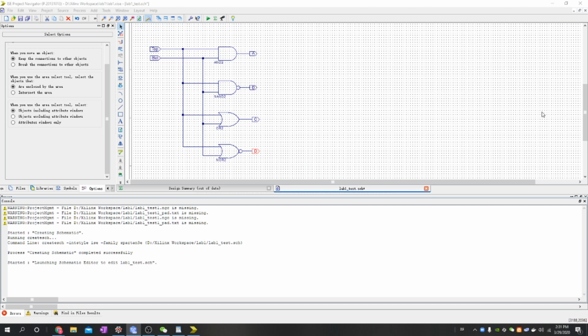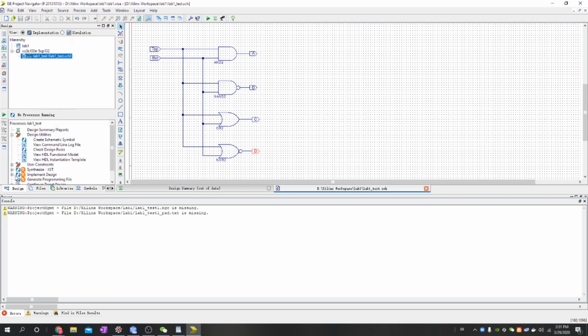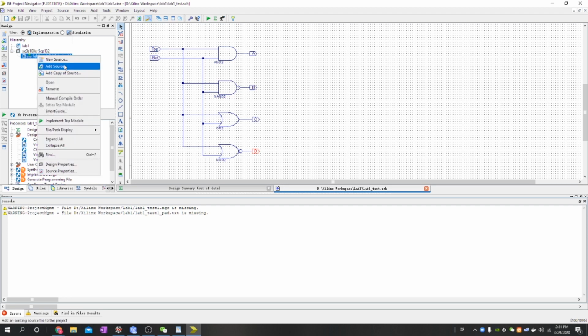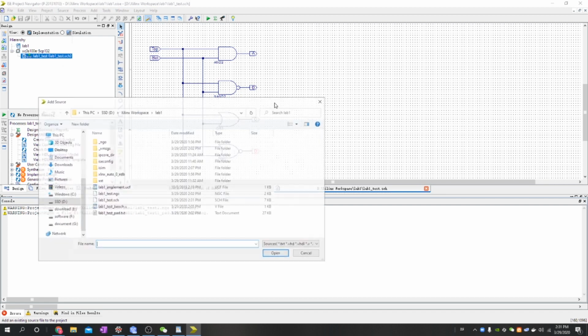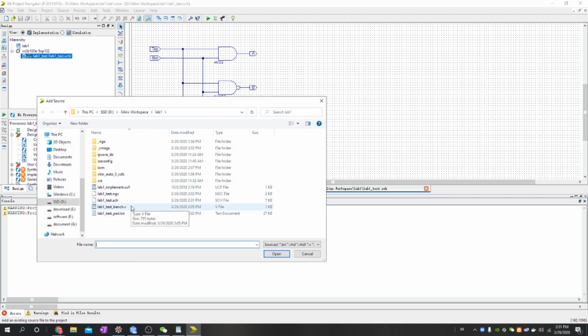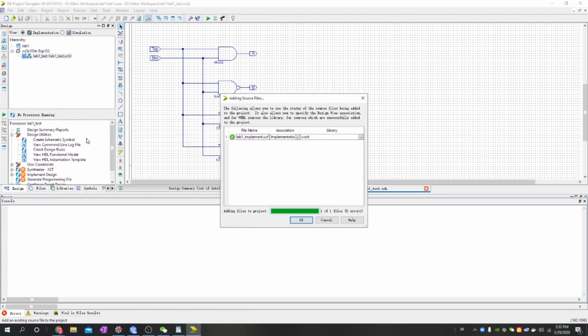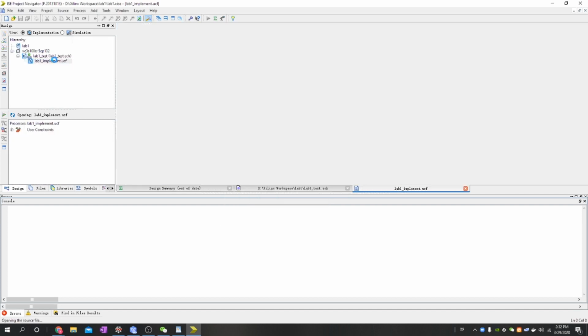And save the schematic file. Back to the design channel. Make sure right now we are still in the implementation selection instead of the simulation. Okay, right click, add source. I will add a new constraint file. The constraint file, okay, here